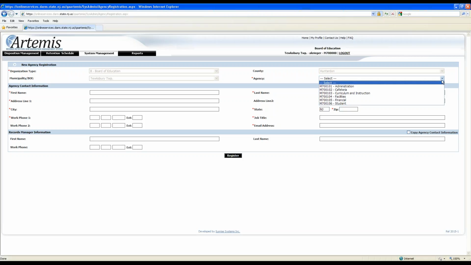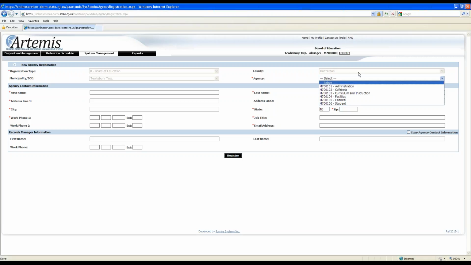So what I say to do is, the very first time that you log into Artemis, the very first thing you should do is go in and register these retention schedules. It's a one-time process. You do it one time, you won't have to worry about it ever again. It'll take you about 5 or 10 minutes to do it. It's a quick, easy process. We'll do 2 right now just so I can show you.